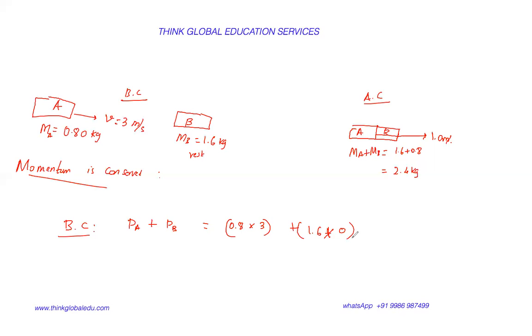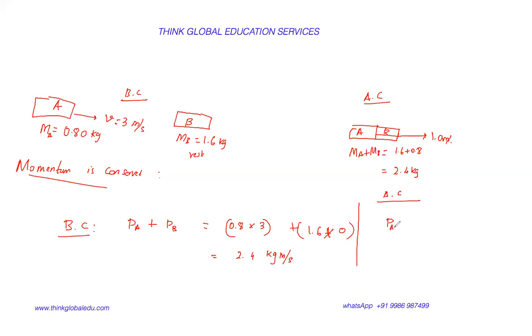So what do we have here? The answer is 2.4 kilogram meter per second. Now we can calculate momentum after collision. So here we can write, after collision,